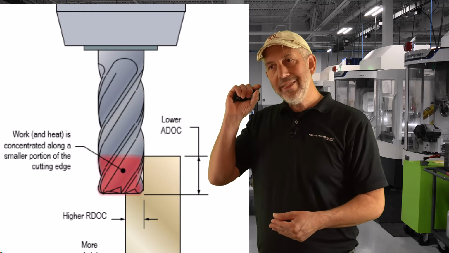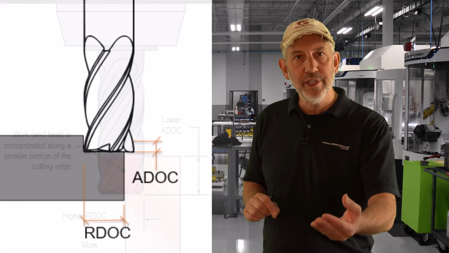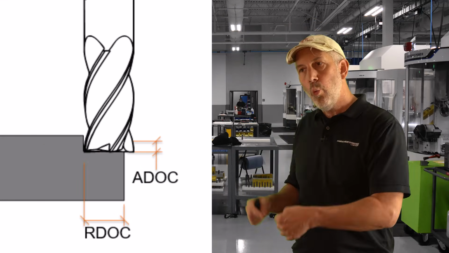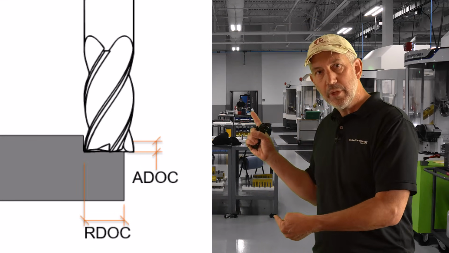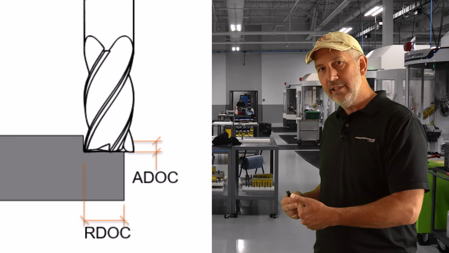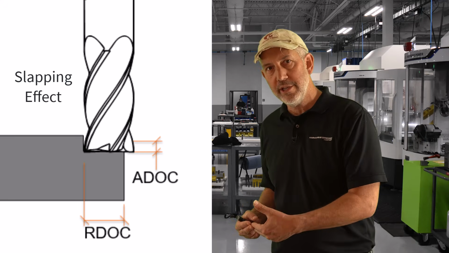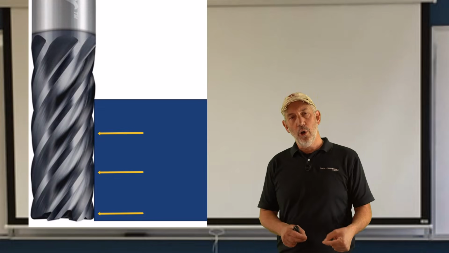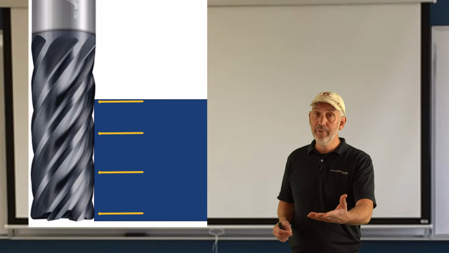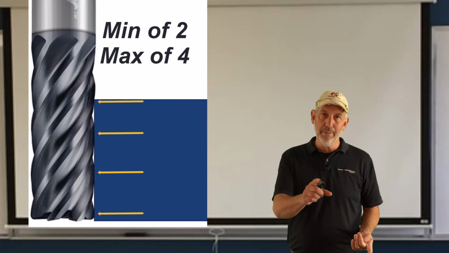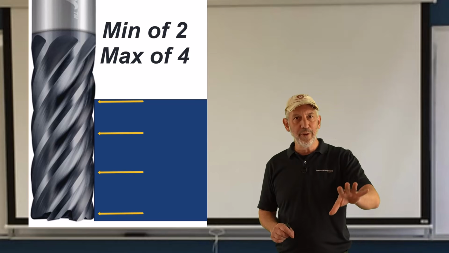But when you go with a light axial in a traditional toolpath, you get one flute in cut, one flute out of cut. You're not stabilizing the cutter. Our goal to reduce vibration is to stabilize the cutter. Well, how do we stabilize the cutter? We need to put more than one flute in cut at all times. Minimum of 2 and probably a maximum of 4 or 5, but that's for another episode.